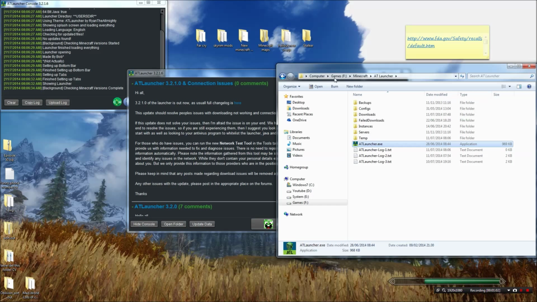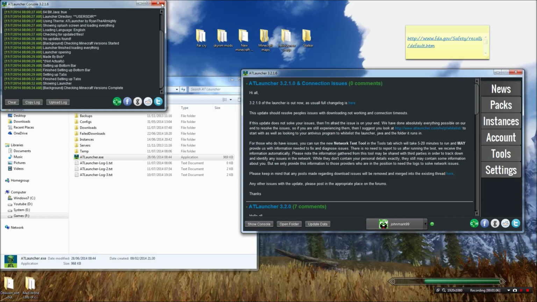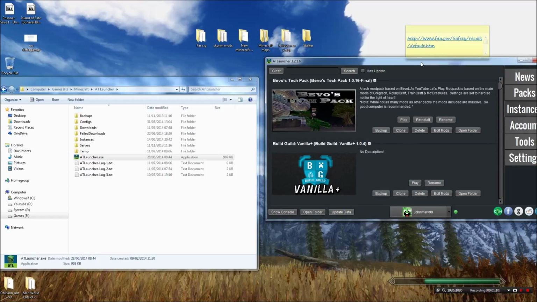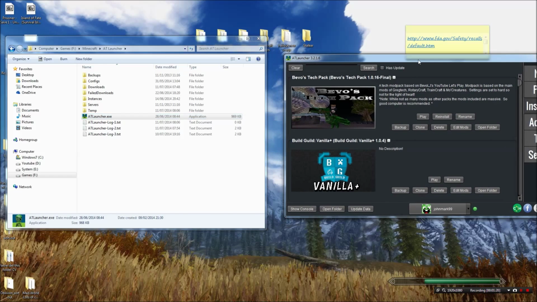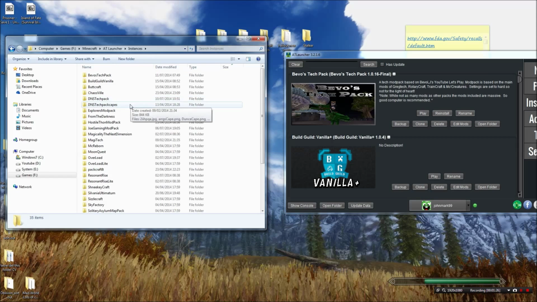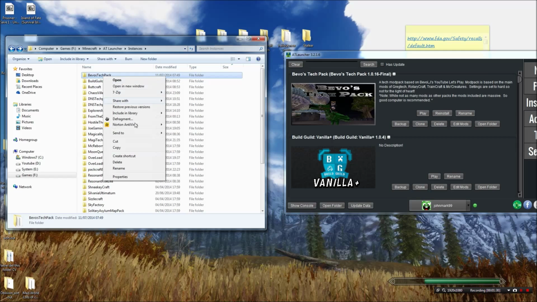Now, in this case, I don't need that, so we'll close that down. Now in this case, I want to bring across Beaver's tech pack because it's on the final version, as you can see. And one day it'll probably be moved from here, so what you do is you go to ATLauncher, Instance, Beaver mod pack, right click, copy,